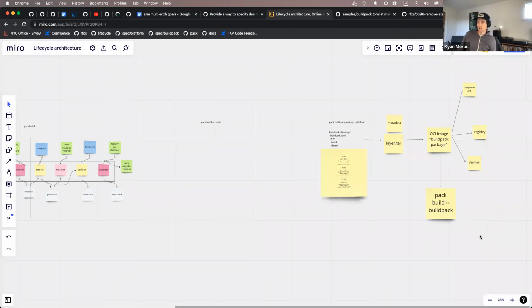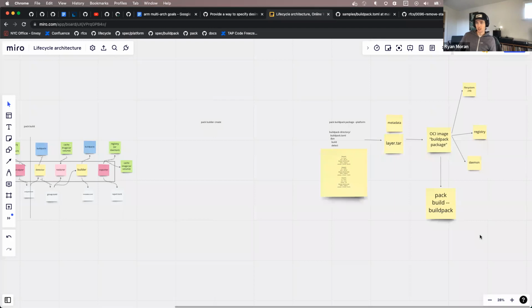The step after that is obviously builders, where you're taking the stacks and the buildpacks and stitching them together, because folks are going to want to say, build my app with this builder. I don't really care what architecture. I shouldn't have to say what architecture. I shouldn't have to add a tag that says the architecture. So that would be the next step. And I think once you get to that, that's everything. Unless I'm missing something here.